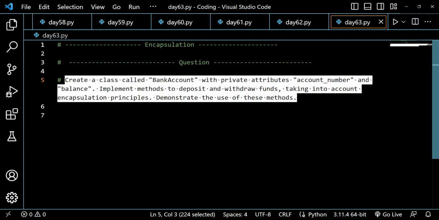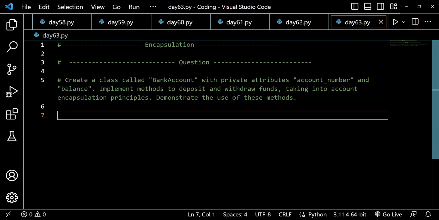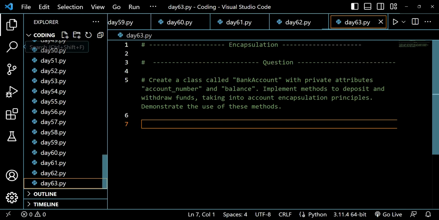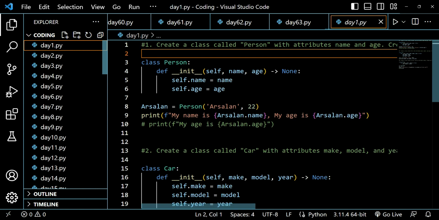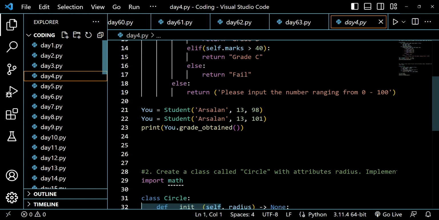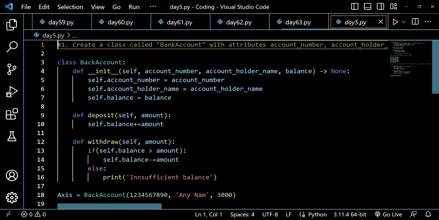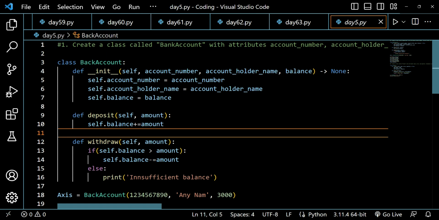Just before starting with this tutorial, let me give you a very brief introduction of what this playlist is all about. In this playlist, we have been solving questions based on object-oriented programming. We started from a very basic question and then moved on to increasing difficulty levels. We have already discussed many concepts, including inheritance, polymorphism, functions of class like the super init function, the class level attribute, and the concept of list in class, and also did many types of